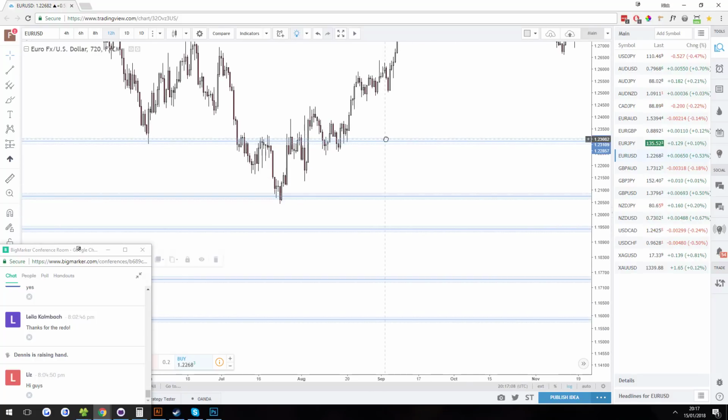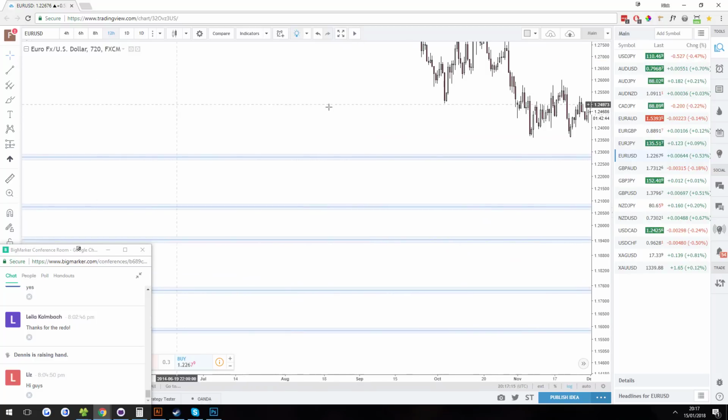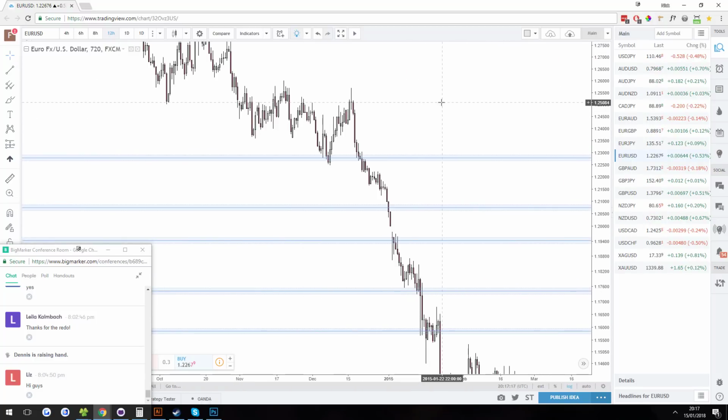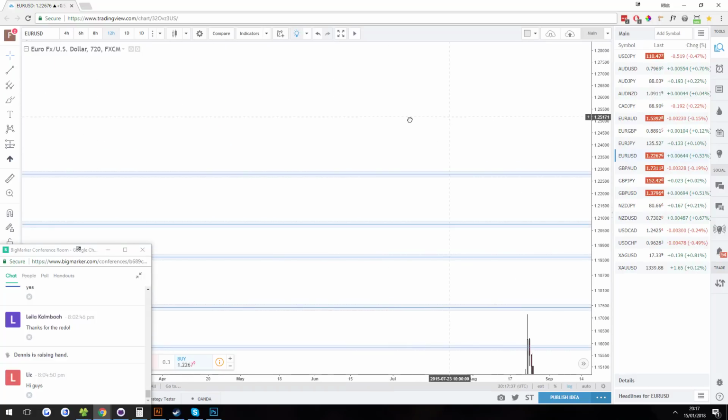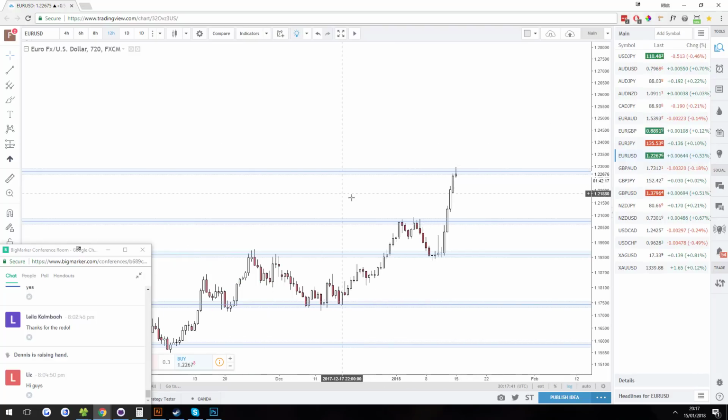So this is the problem sometimes that you have with support resistance areas. Support and resistance areas are, in my opinion, the best way to trade. But sometimes when price pushes into an area that it hasn't seen for a long time, when it's hitting highs that it hasn't been at for a long time, then you don't really have many support resistance areas to use. So you have to make do with very old data, going back to 2014, which just makes the support resistance areas not that reliable. So we're using an area from 2014 here. It's not that reliable, it's not that great, but